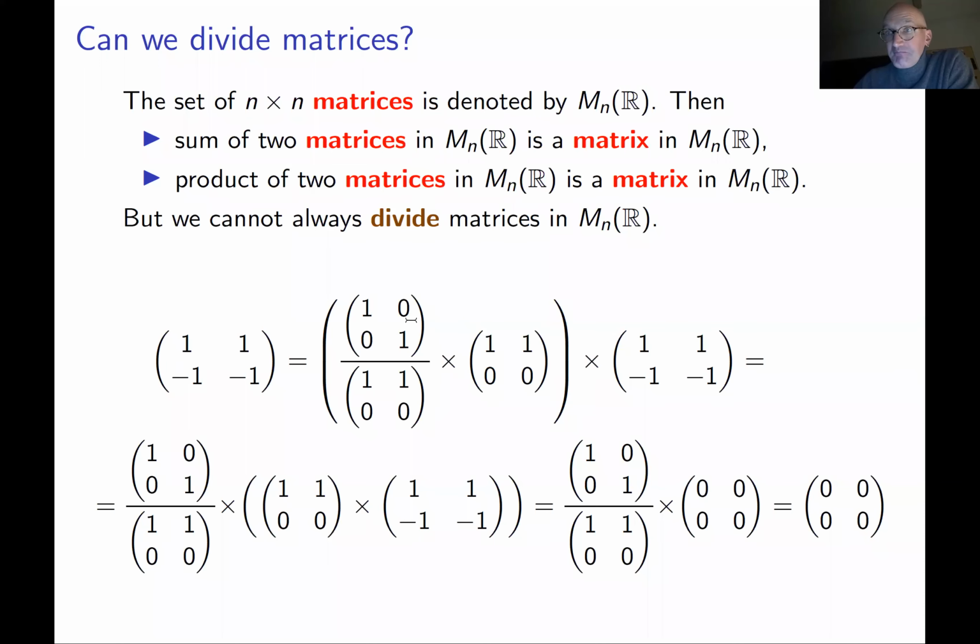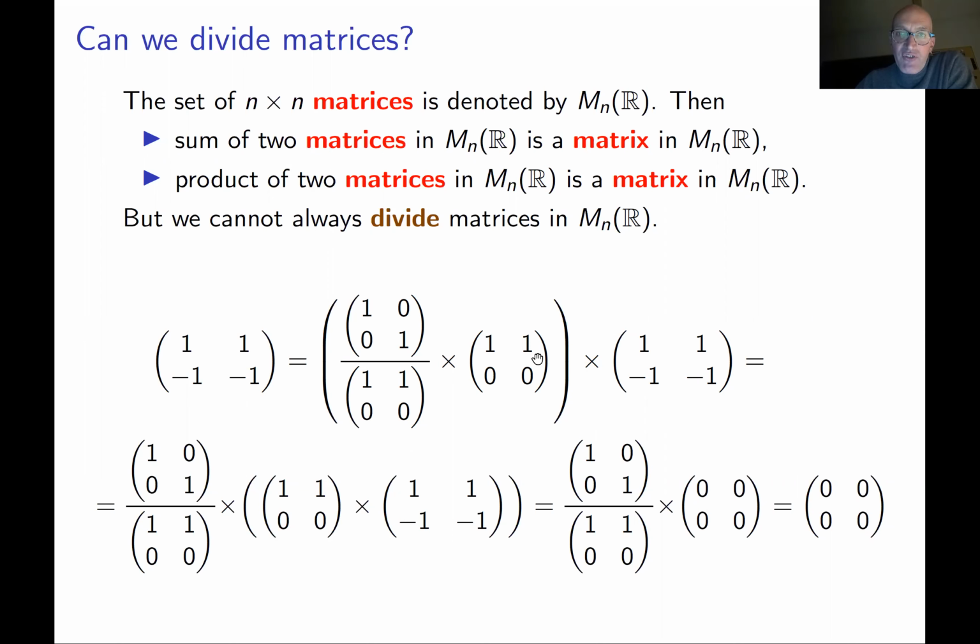I get this. It's basically just a definition of what division is. Okay, suppose this is true. Such a matrix exists. Then, if I multiply it by the matrix with rows 1, 1 and 0, 0, I can do it in two different ways. So first of all, let me multiply by this guy and multiply by this matrix.